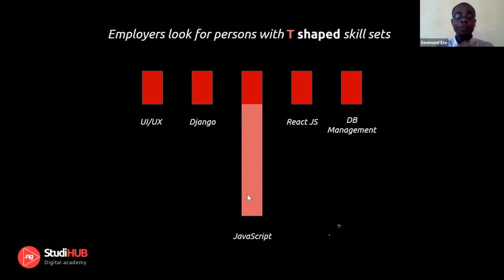Yet, if he's given any project that has to do with any other skill, he's also able to manage and handle it.